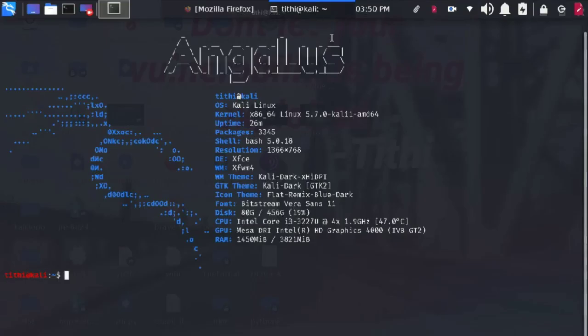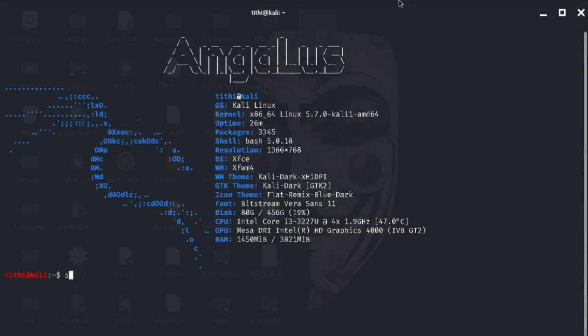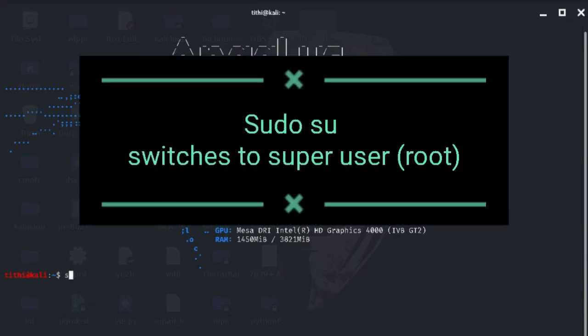So I am assuming that you have no idea about Linux, so I am making this video like that only, so that I can explain everything that you need to know if you are at a very beginner level. So I am starting it from scratch. The first command you need is sudo su. This will help you to run your user as root. Earlier Kali used to give root user as default, but nowadays it doesn't.